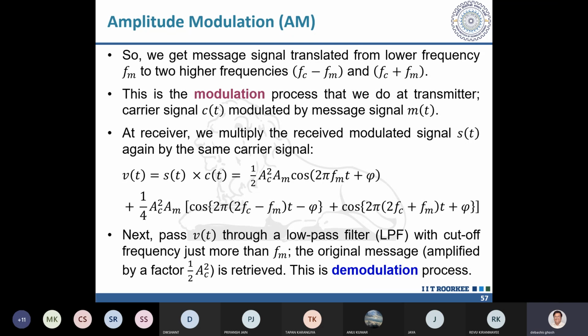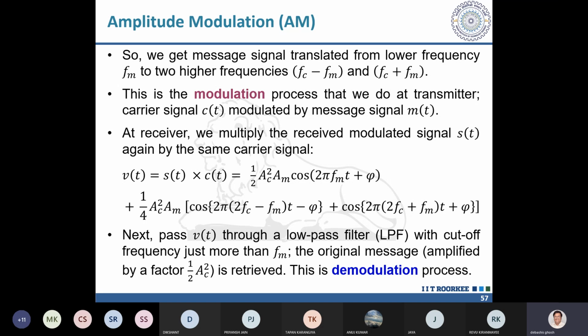Now how do you recover this signal? Because now the signal is changed. My voice is supposed to be from 0 to 3.4 kilohertz, but I am sending it at a very high frequency. It has been transmitted, and it has been received by the intended receiver. Now the receiver has to translate it back to the lower frequency. That is the demodulation process, just the opposite of modulation, by which the original message is recovered.